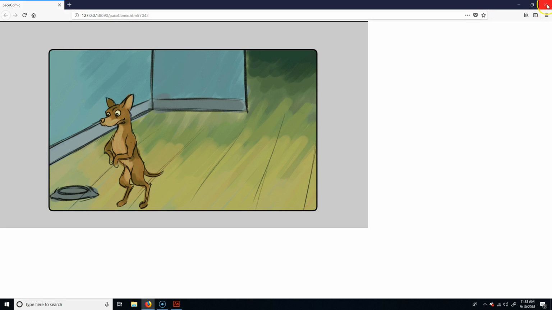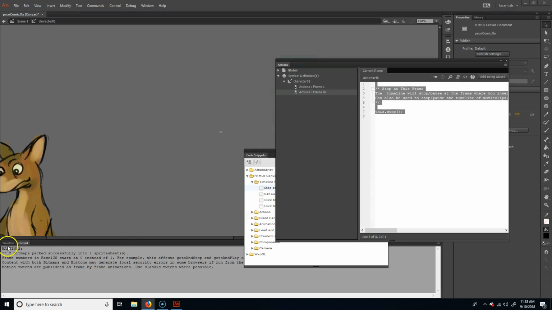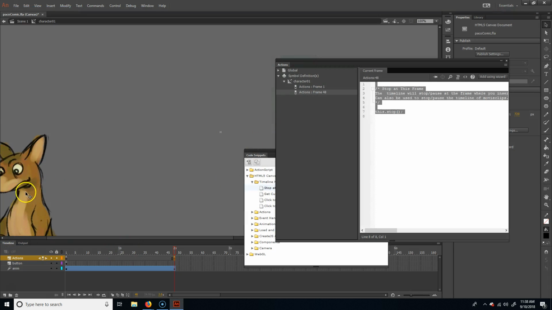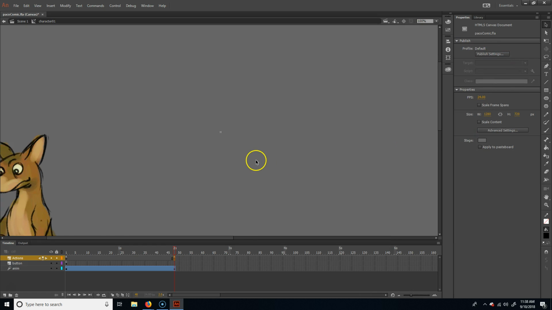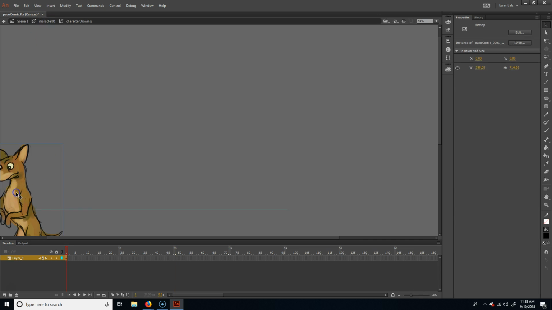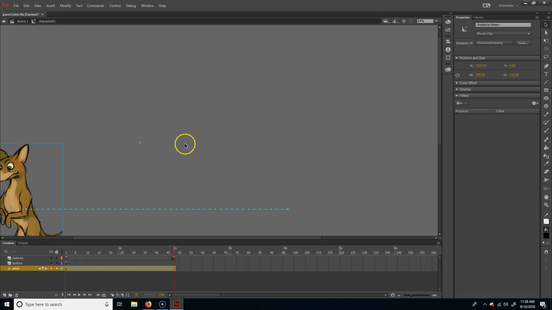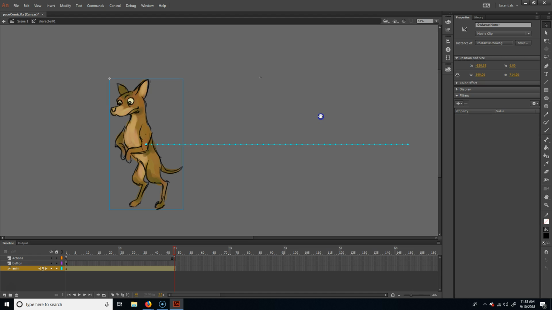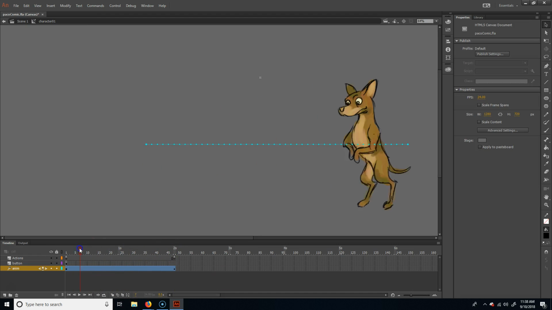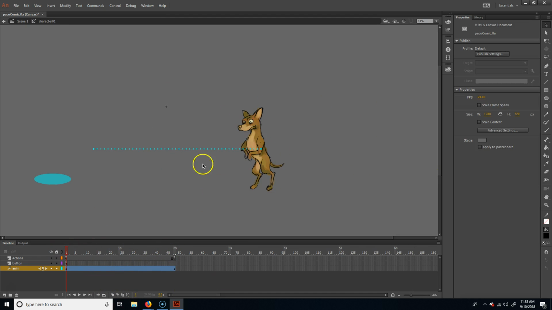All right. Now, one thing you might notice is, it's kind of zoomed in a bit here. Oop, let's close out of these. I'm just going to do one more thing to this. Double click on the character. Let's back this thing up. Oh, because I'm on the last frame. That's why. Okay. So one thing you might notice is that he kind of comes in and then it stops,